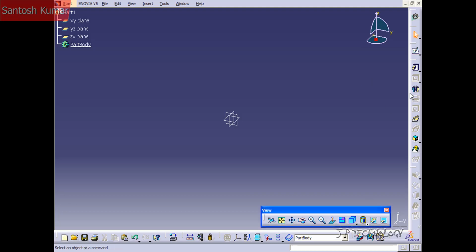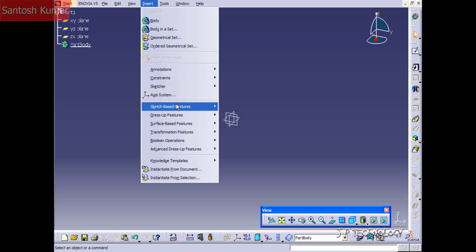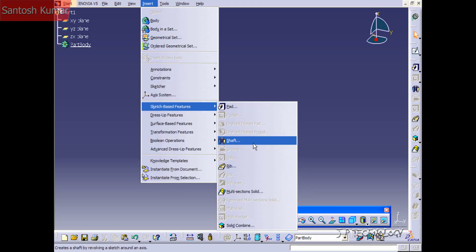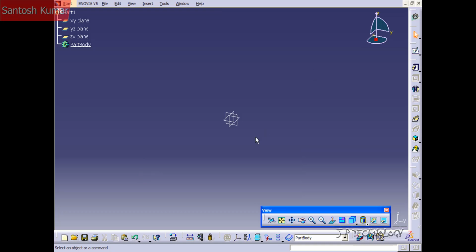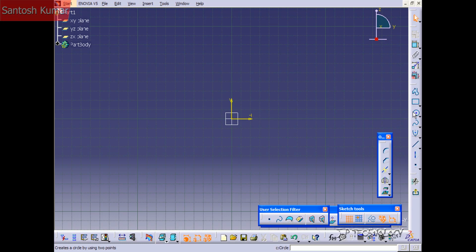The shaft feature can be found on the toolbar over here, or if you go to Insert, Sketch-Based Features, you can find the shaft feature here. So what we're going to do is set up the two different sketches that we need to create our shaft. First off, let's click the YZ plane here, and let's click Sketch,